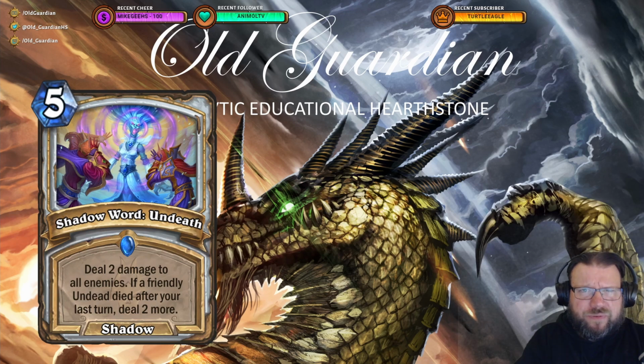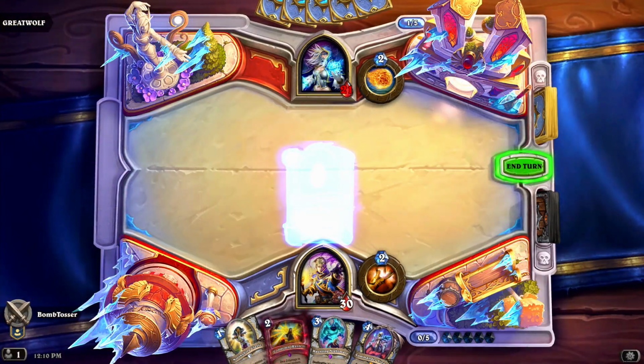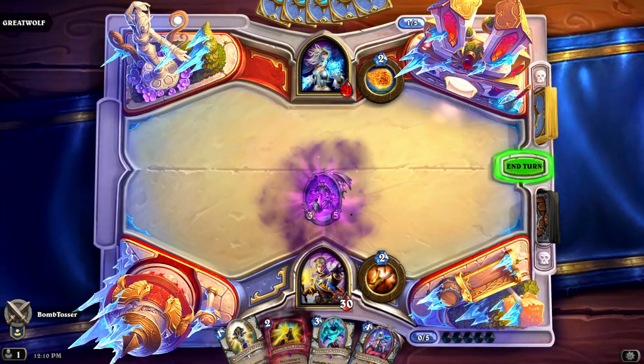What could be more inconvenient than undead minions that are resurrected if they die, that power up spells when they die? Well, undead minions that refuse to even stay dead, thanks to Undying Allies. A 0-mana shadow spell: after you play an undead this turn, give it Reborn. And if all of that is not enough, Undead Priest caps it all off with